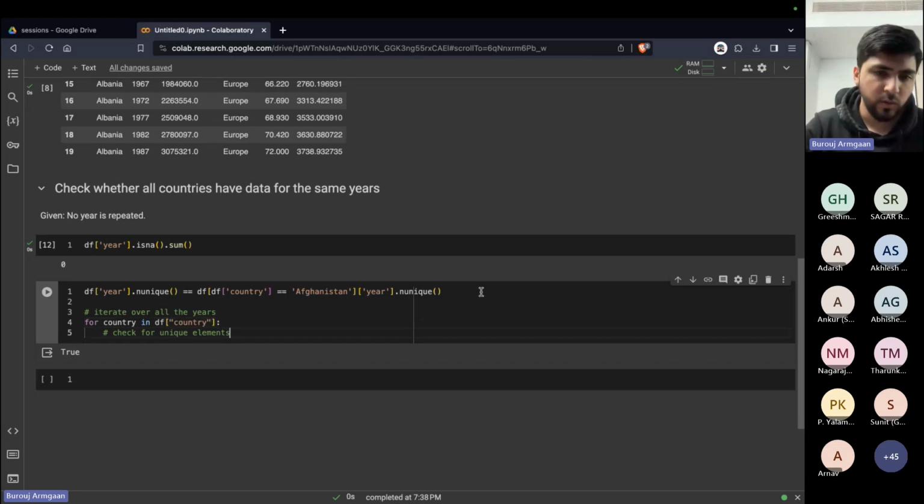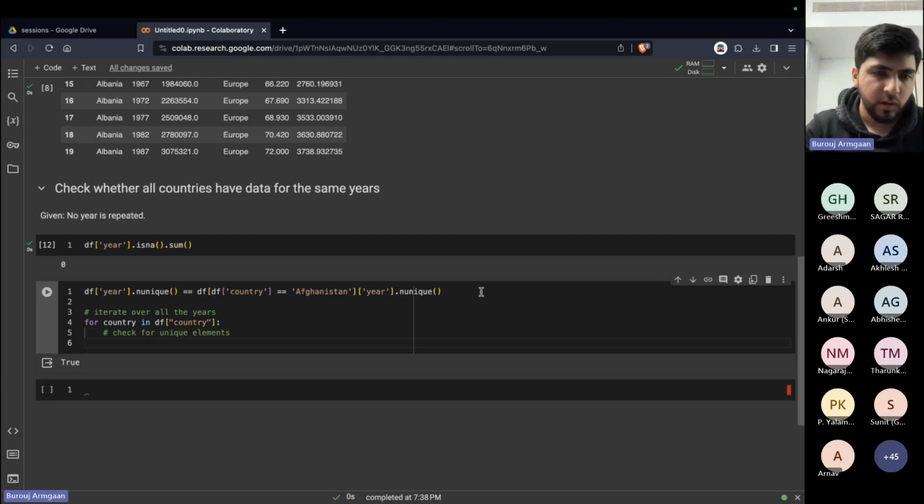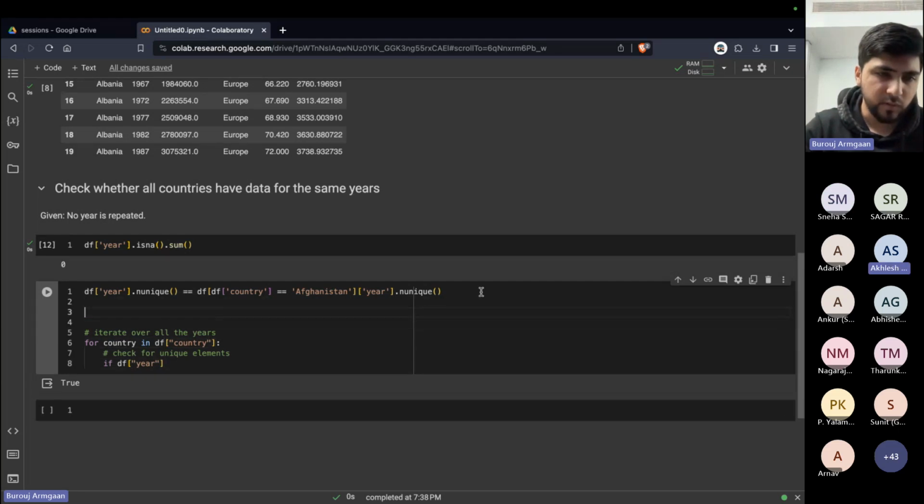So we are iterating over the countries and we say if, and then the same thing, if df year, we can in fact save this. Yeah, so we say if total unique is equal to,